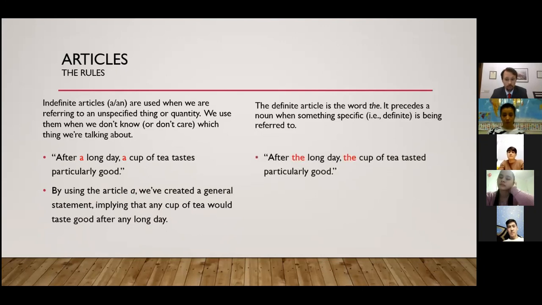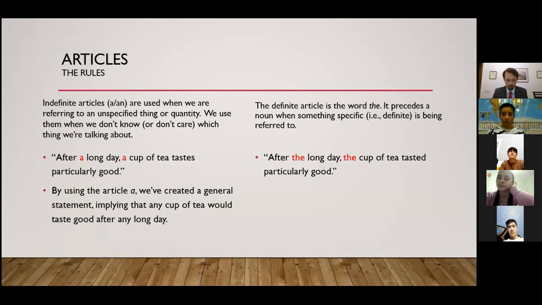After the long day, the cup of tea tasted particularly good. So we're talking about a day which we've already been talking about. We know which day we're talking about. So you were telling the story of last Friday when you had a lot of tasks to do before the weekend and you were so stressed out and finally you got everything done. And so after that long day, the cup of tea that your friend gave you was